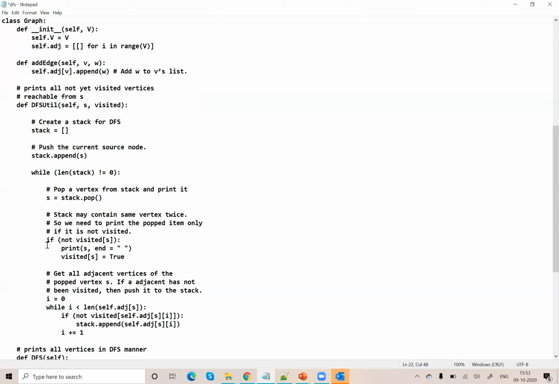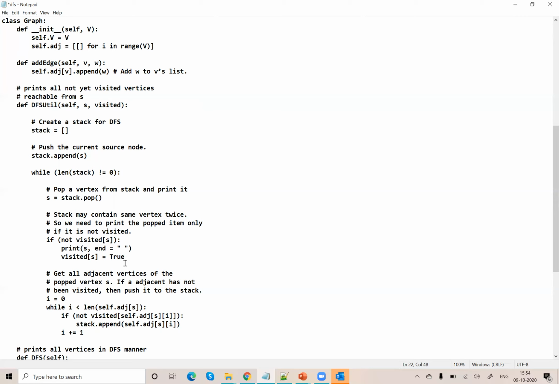Next, we have to check if not visited of S. For the source node also, I have made all the nodes as not visited. So this condition will be true for the source node. In that case, I am printing the first source node. So I have started printing for my DFS traversal. So print S, end equal to the empty string.